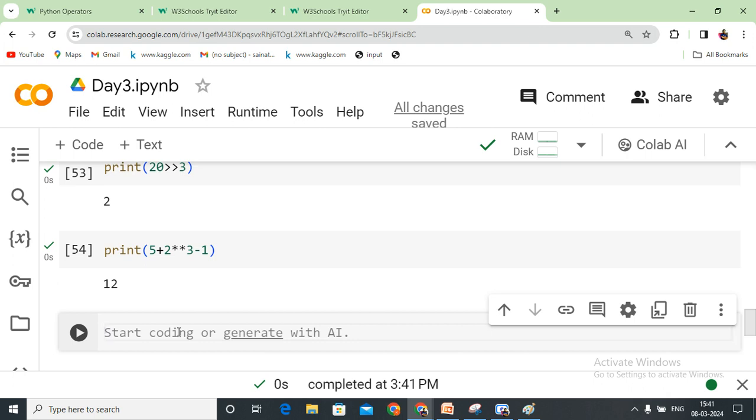Okay. Let us have 5 plus 2, and you have star star, 3 minus 1. Same thing, but the answer will be, first,